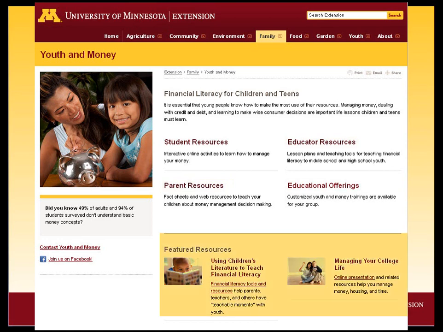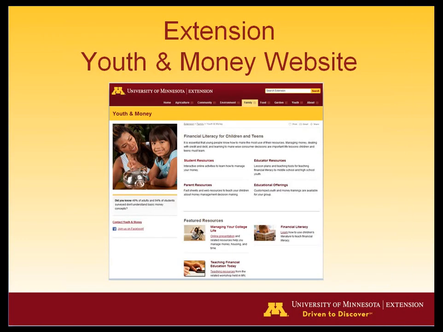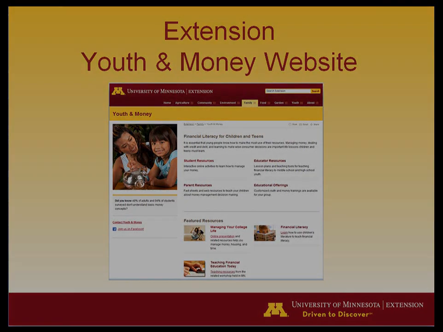Down in this bottom section, for featured resources, are some additional resources for April Financial Literacy Month. And so I'm going to hand it back to Lori here, who's going to walk us through some of the resources that are available as you think about making plans for April Financial Literacy Month.